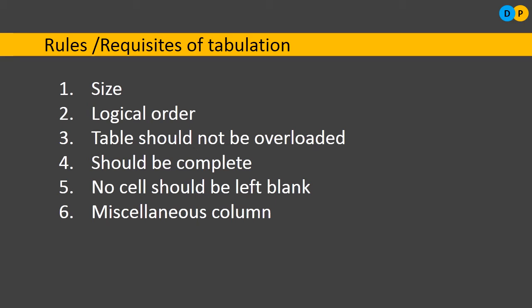Okay. Next, the rule is ditto, that is nothing but similarly. So some of the cells will be filled with a ditto mark. Okay, so no such ditto mark should be used. The ditto mark is nothing but a double quotation mark. No such mark should be used, which will confuse the reader. We cannot make analysis. Okay, so that should be avoided.